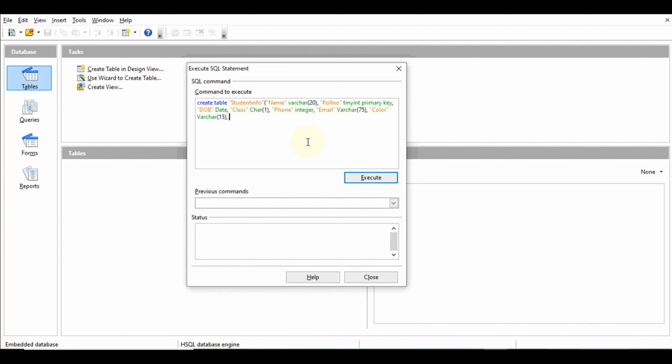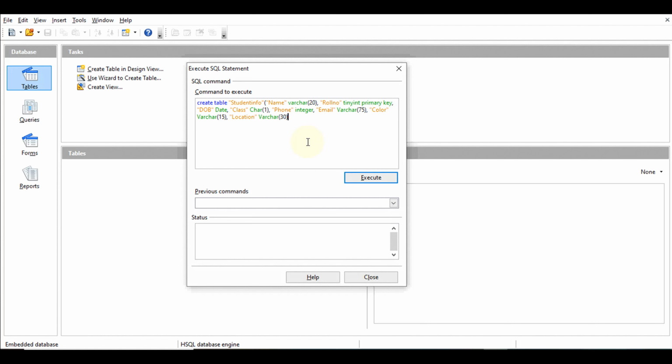Now after this, the next one, the last field, is location, so location in double quotes, its data type is varchar, and its length is 30.